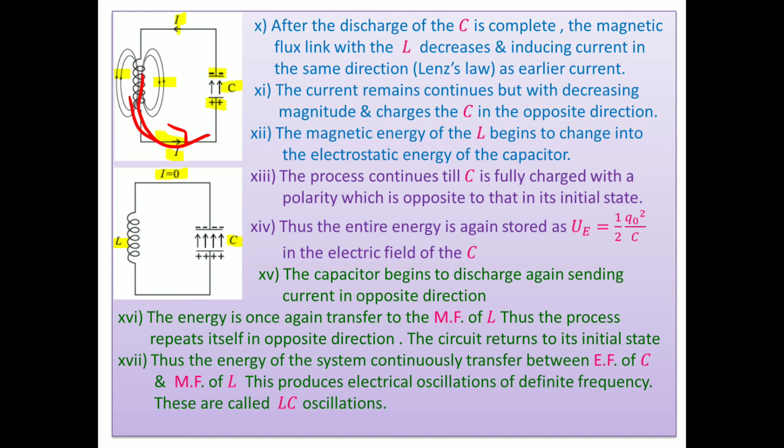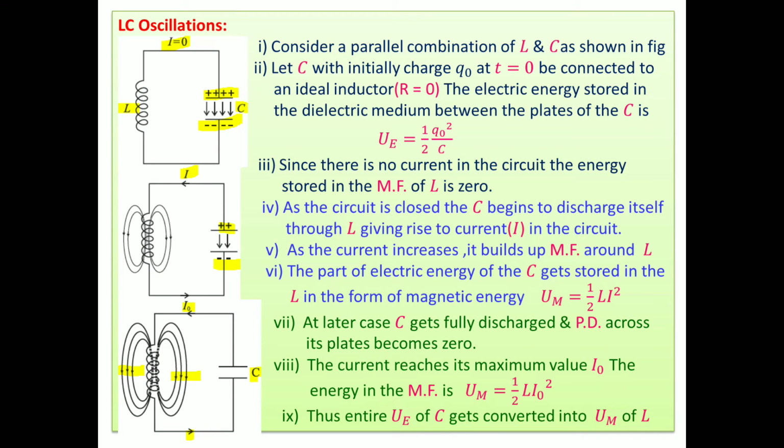Look here, this current is sent by the inductor in this direction because it wants to increase the current. Initially, when the capacitor sends the current through it, what happens? Due to self-induction, it opposes the flow of current. It does not want to induce EMF in it. It does not want to change the magnetic flux associated with it. But as soon as the capacitor is discharged, what happens? The current goes on decreasing, and it does not want to decrease the current either.